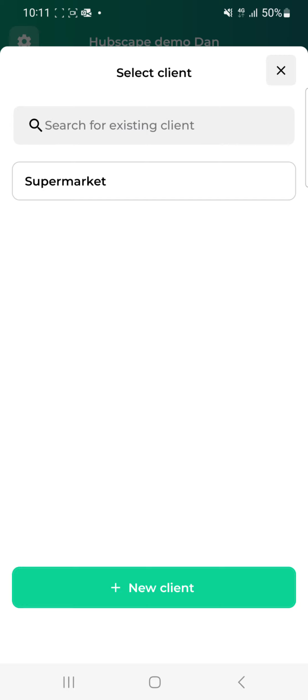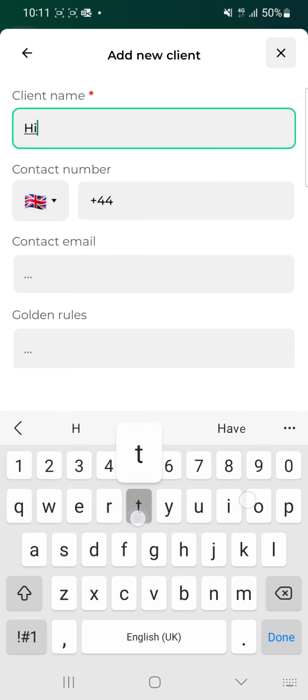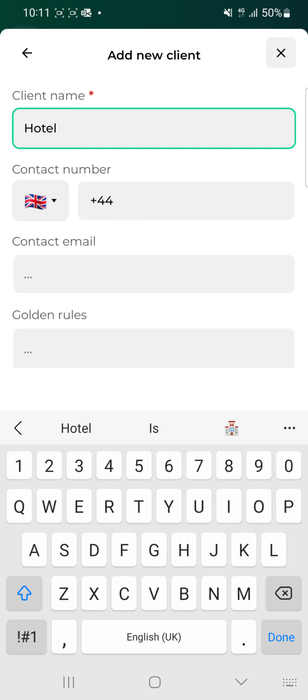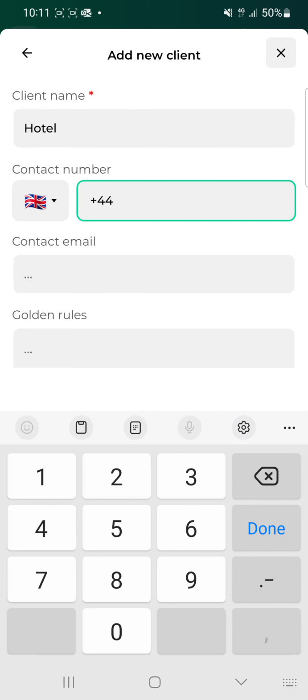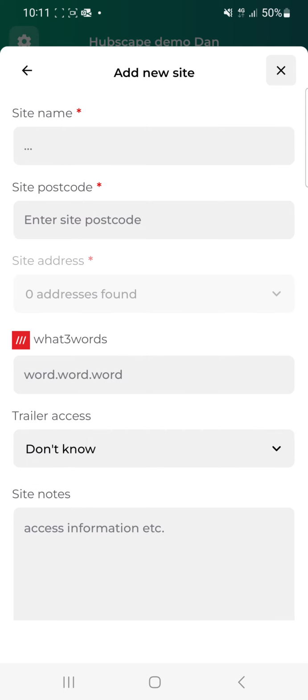If you don't have the client yet, which you won't if you're just starting out, you'll have to create that client. So go to create client, and then you can add that client name. I'll just call it hotel for now. You can add their number, their email, and any golden rules they have. The only mandatory information you need though is their name. So I'm just going to add that for now and create,